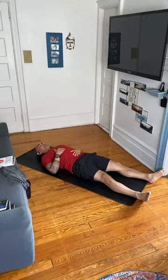Taking the next moment in silence to maybe set an intention for yourself. What do you hope to achieve today? What are you hoping to do? Maybe today is just about finding a little bit of movement, allowing the grace and honor of our body to help guide us, but also connecting our mind and our breath